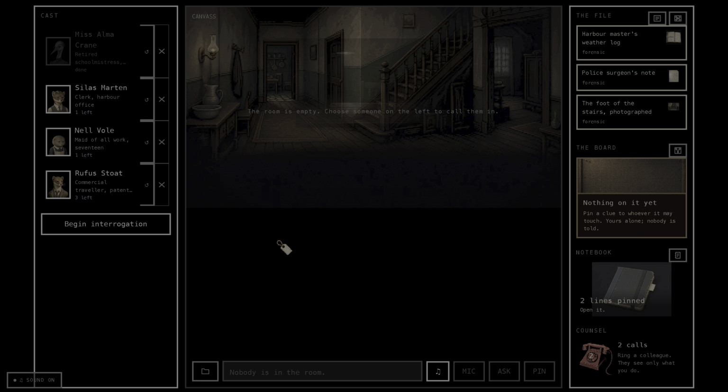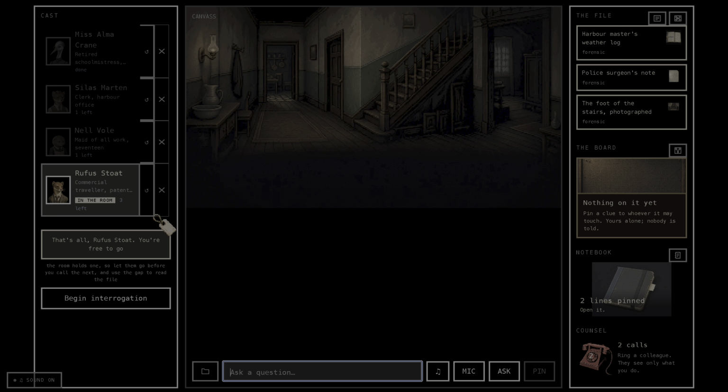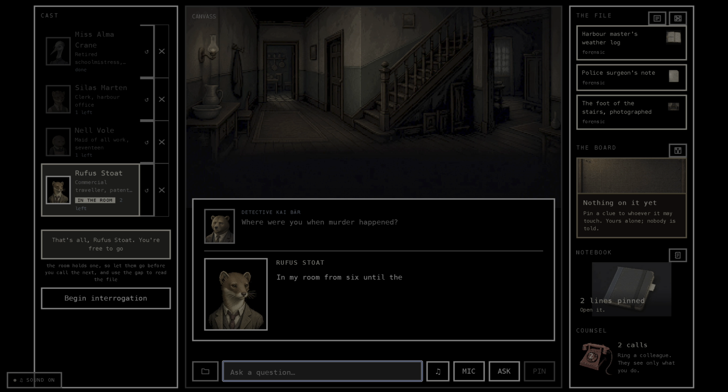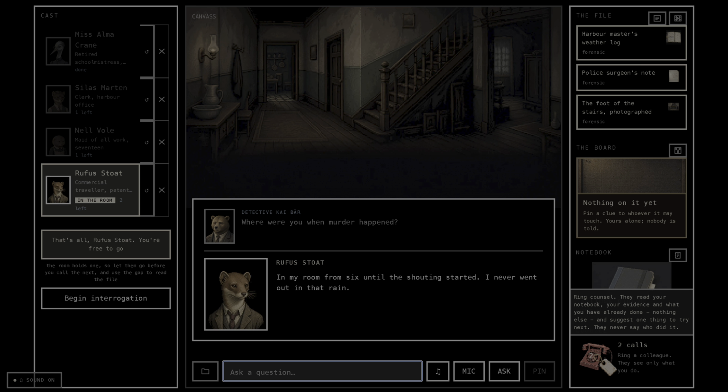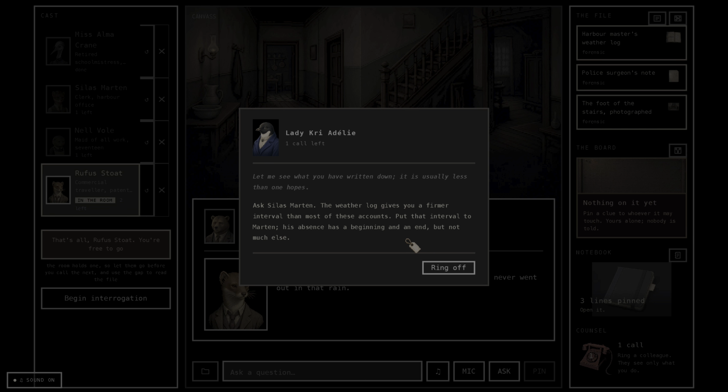You cannot just accuse everyone, saying what happened, and you can ask again, where were you? And at the end it's revealed why something happened. In my room from 6 until the shouting started. I never went out in that rain. Okay, I can pin this as well, and I can even again ask, okay, what should I ask next?